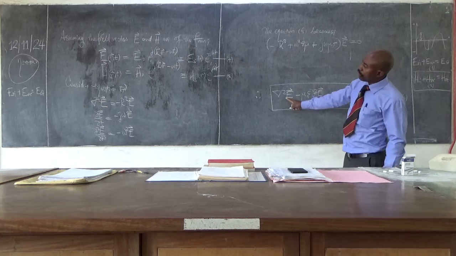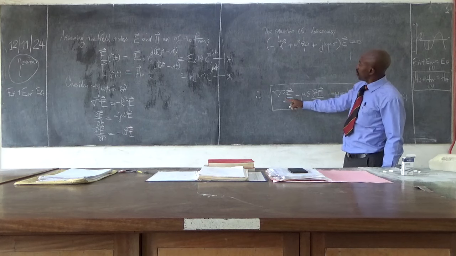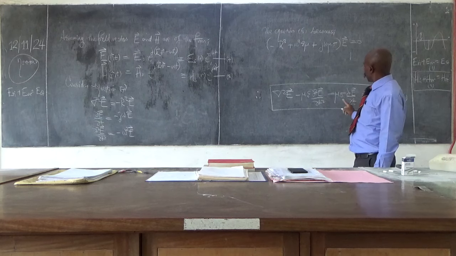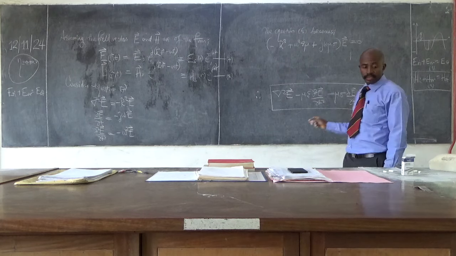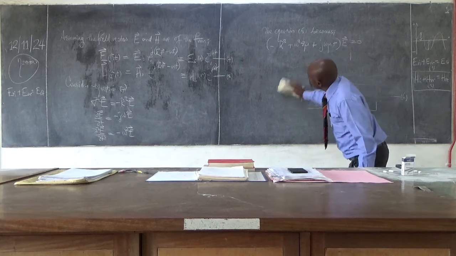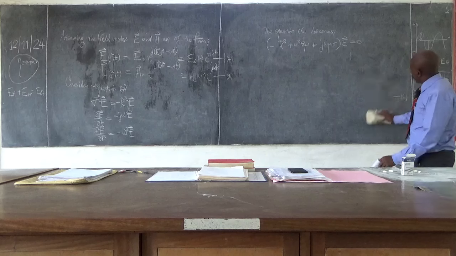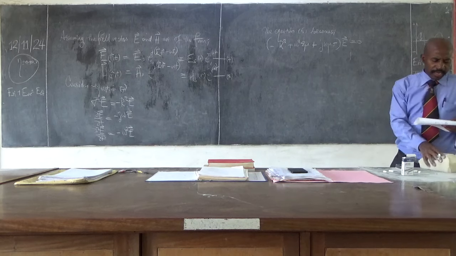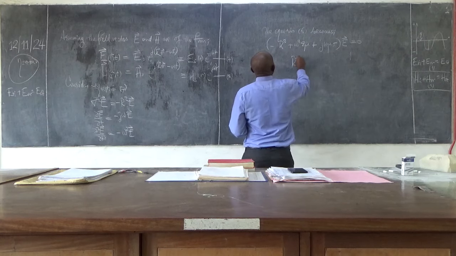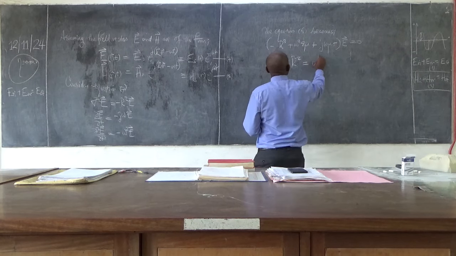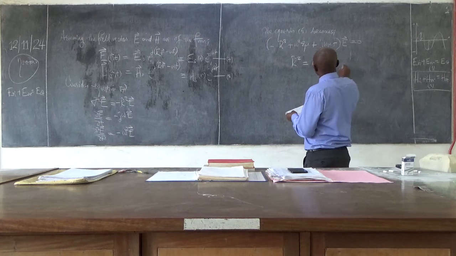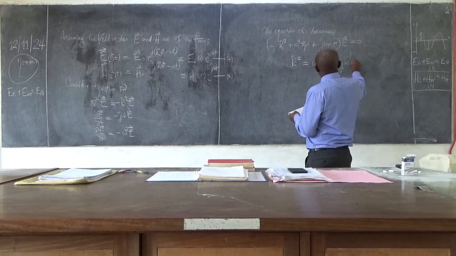So if I substitute for grad squared E, for ∂²E/∂t², and ∂E/∂t, then I will get that. And when I get that, then I say that k wave squared will be equal to ω²με plus jωμσ,